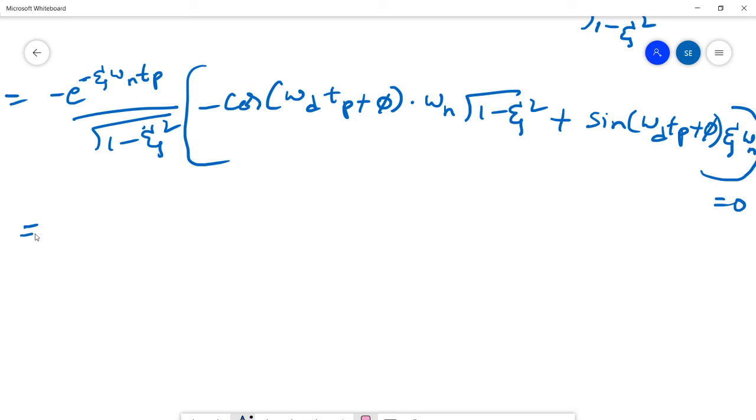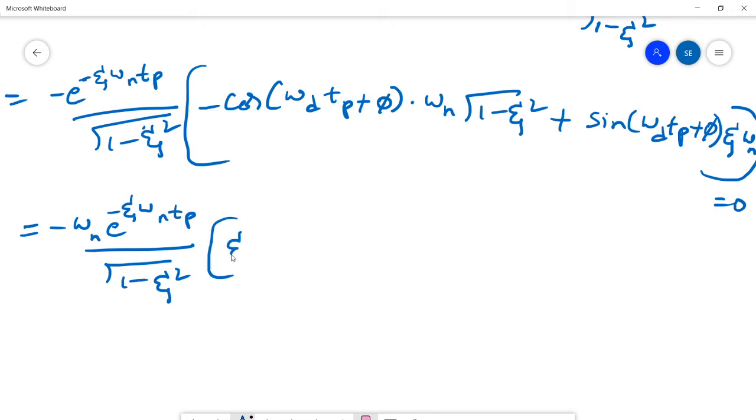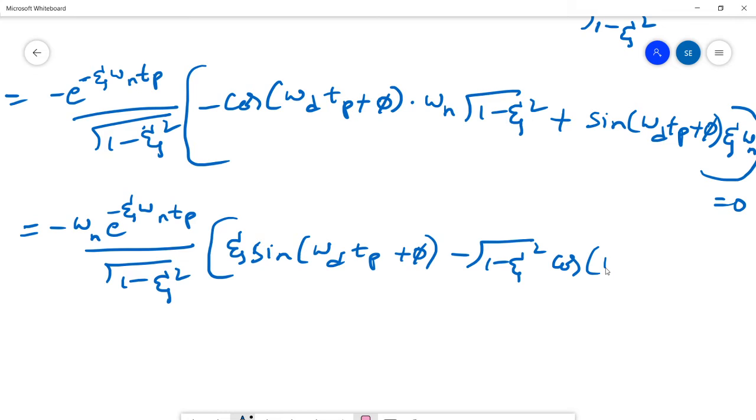That is equal to minus omega n e power minus zeta omega n tp divided by root of 1 minus zeta square, of zeta sine omega d tp plus phi minus root of 1 minus zeta square cos omega d tp plus phi